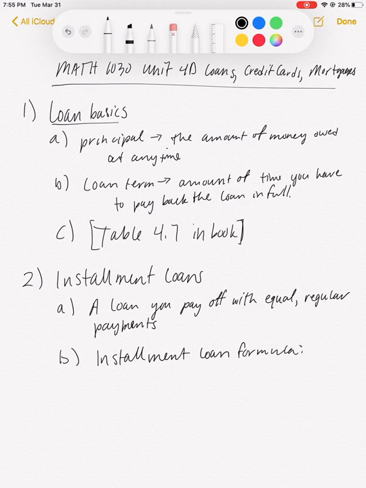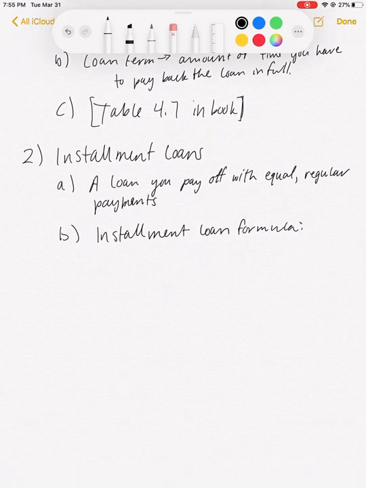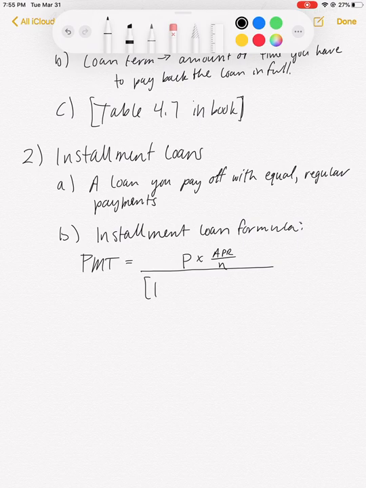Okay, so we're going to have a formula that we will use to calculate the monthly payment. If you're borrowing a large lump sum that you have to pay back, this is the formula that everybody uses for calculating your monthly payment. So we have our payment amount, PMT. We set that equal to the principal times the APR, the annual percentage rate, divided by the number of payments per year. All that over 1 minus